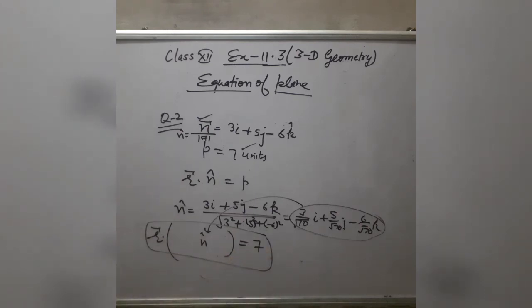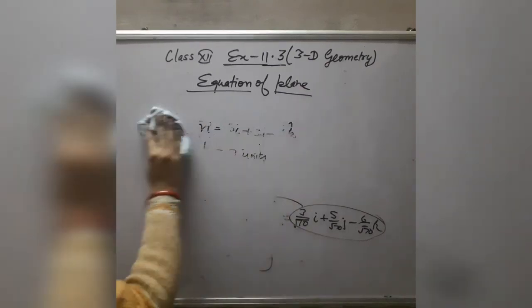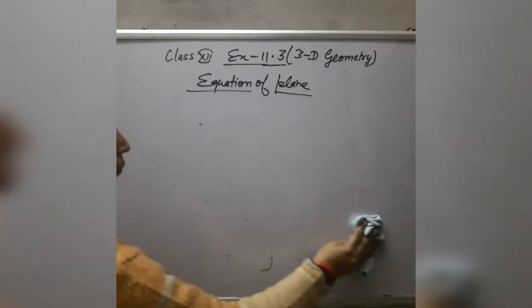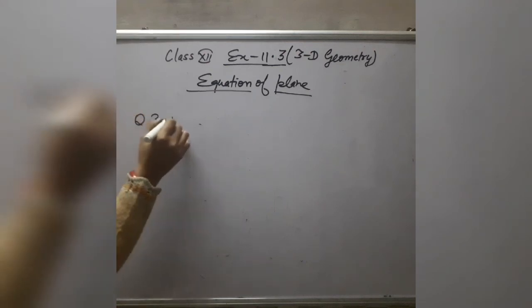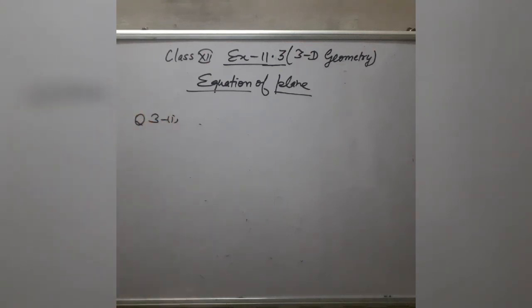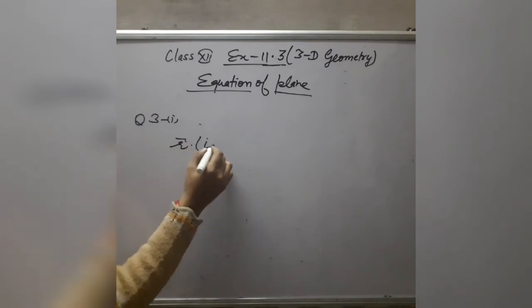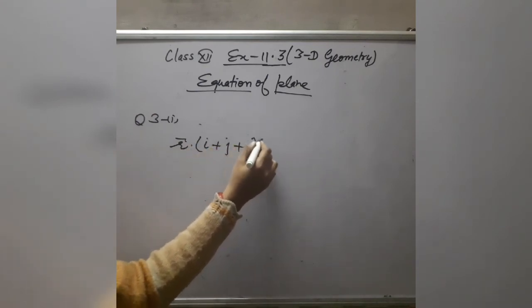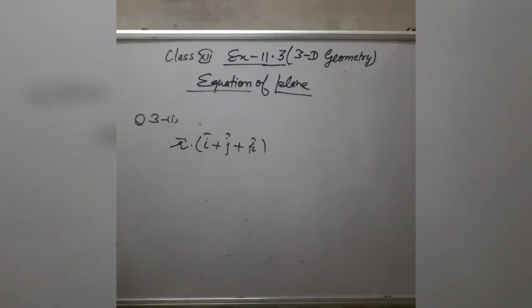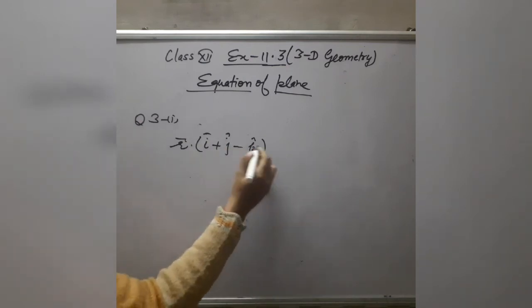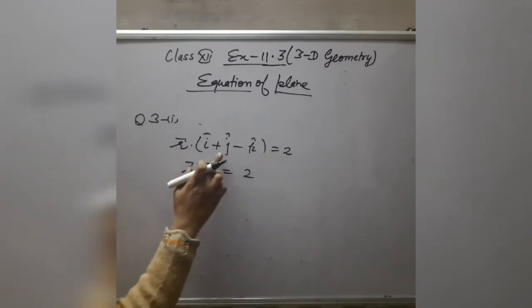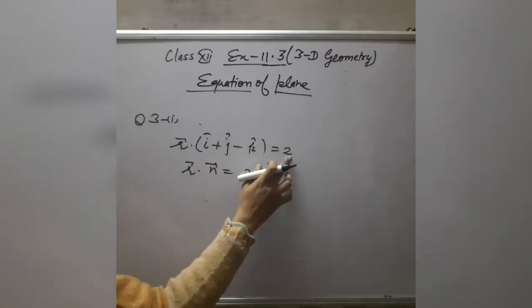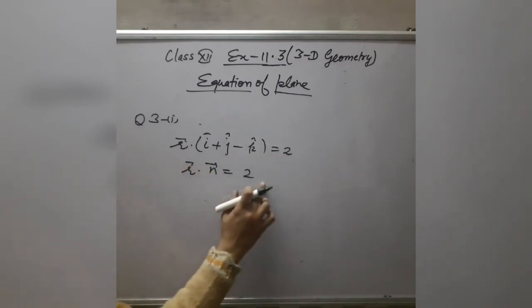Now in question number 3, find the Cartesian equation of the planes. In question number 3, the equation of a plane in vector form is given to you. It's very simple. I am telling you just one part. Question 3, first part: the vector form of the equation of the plane is given to you and you have to find the Cartesian equation. r dot (i + j + k) equals 2, i + j - k. So this is r, this is the normal vector, this is 2. This normal vector is not a unit vector, that's why this is not the perpendicular distance, but this is the equation of a plane.